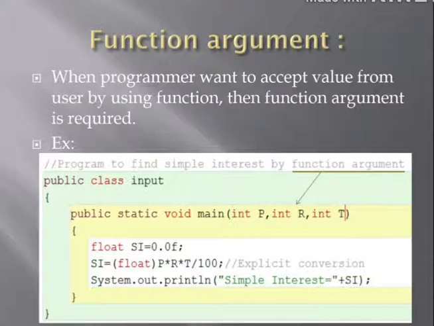Just remember that. This allows us to accept different values of p, r and t. And then in this program the same logic is placed. Simple interest we are finding, and then we are displaying simple interest. But the way of running a program is now changed.